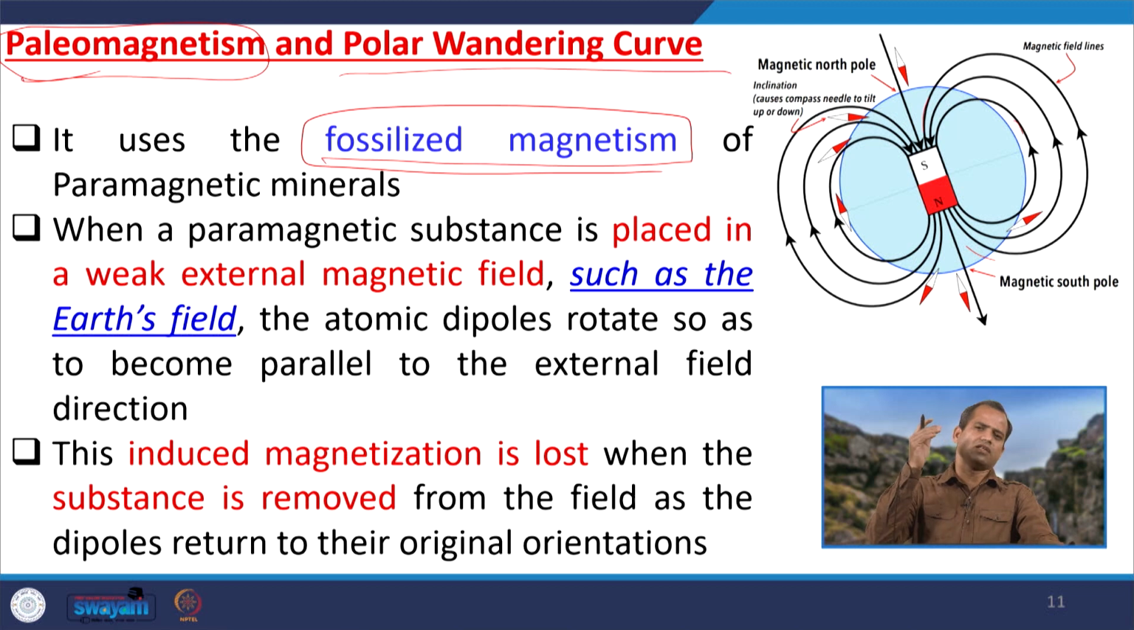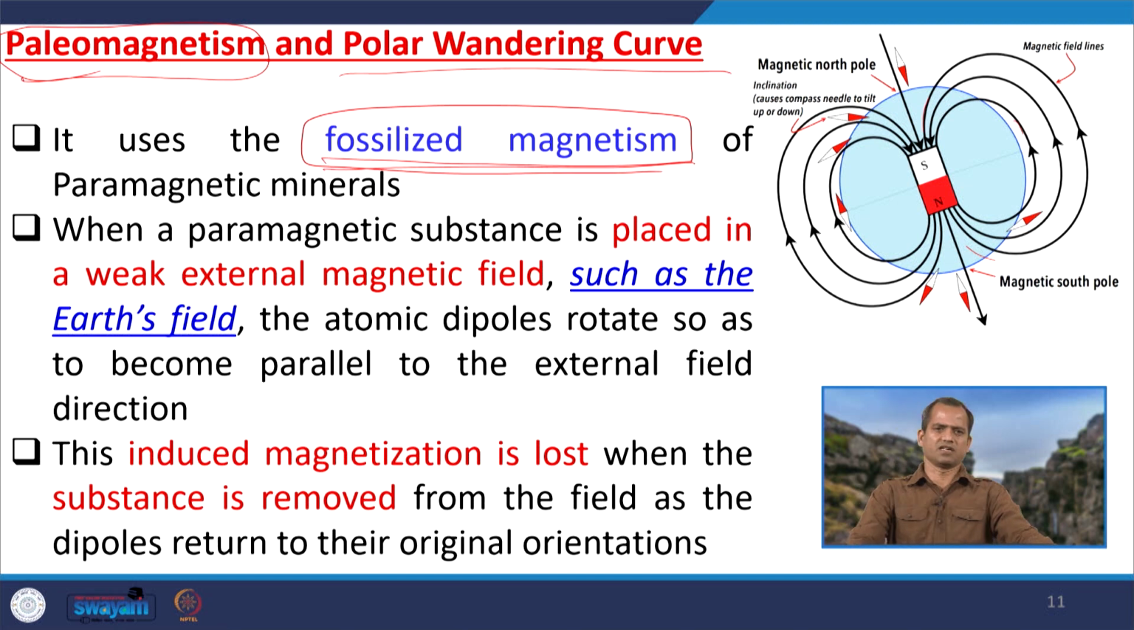Similarly, in a sedimentary basin, when the sediments are getting deposited, the fine grained particles, particularly these magnetic particles, when they are settling down, also orient themselves according to the existing magnetic field. And once they are frozen within this rock record, that is called fossilized magnetism, and that magnetism can be used to study the paleolatitude of this rock formation,